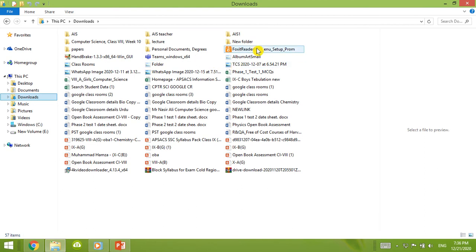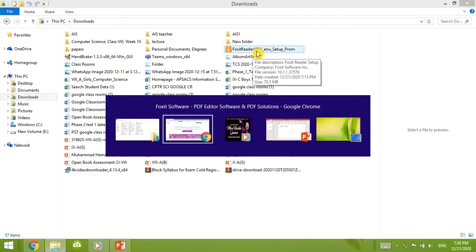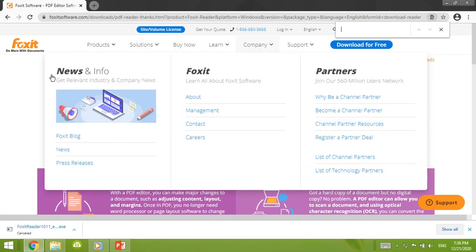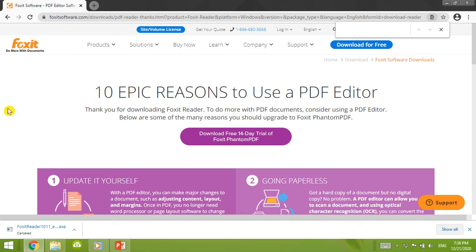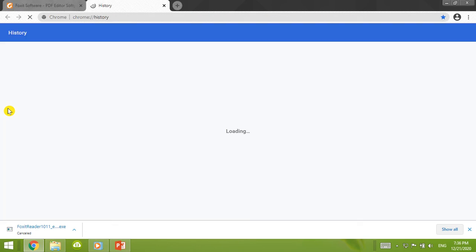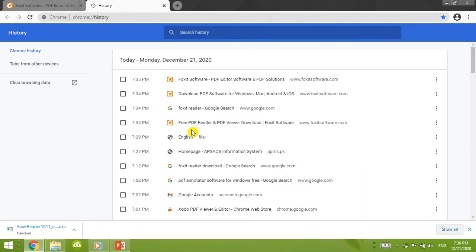You can also see it here in the downloads, and you can visit your browser's download section by pressing Control plus J. You will see the Foxit free PDF reader download for Windows.